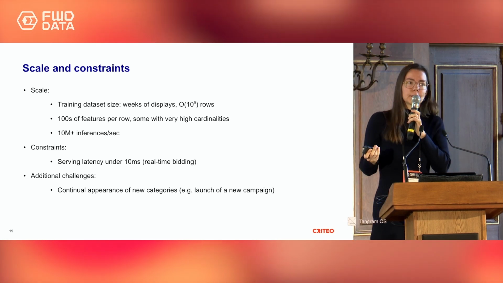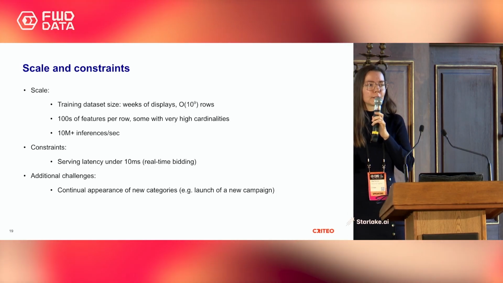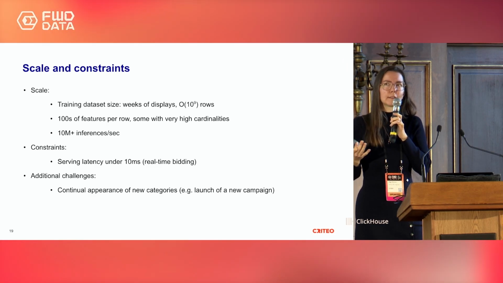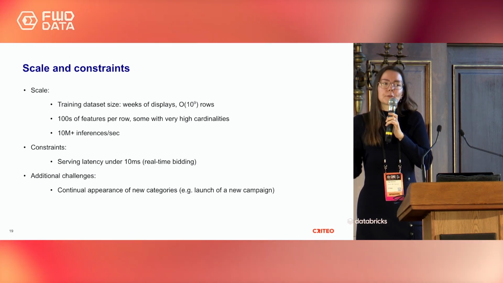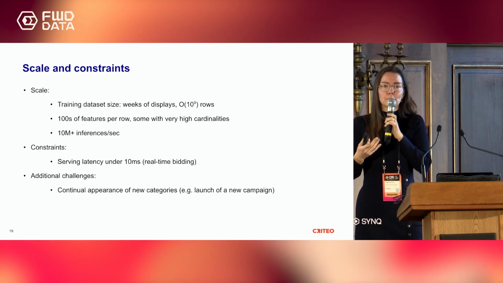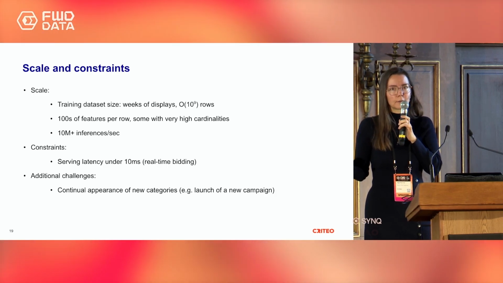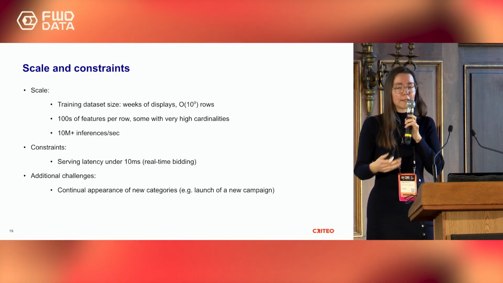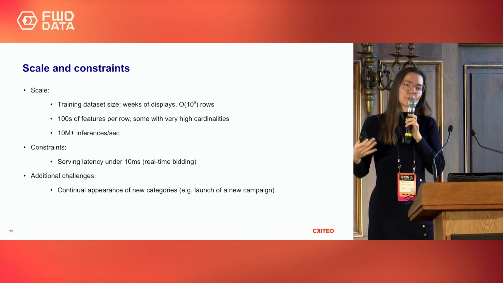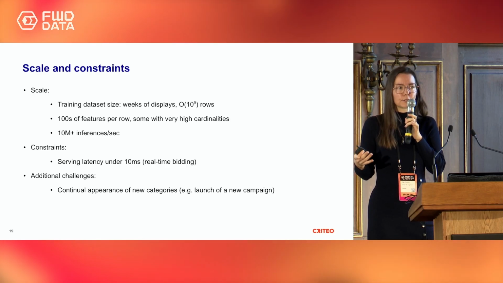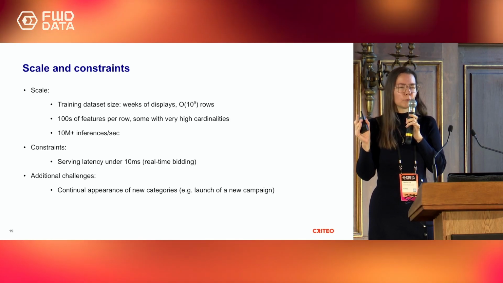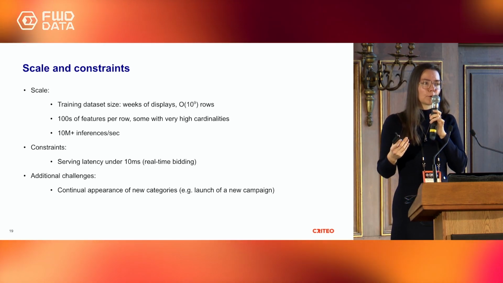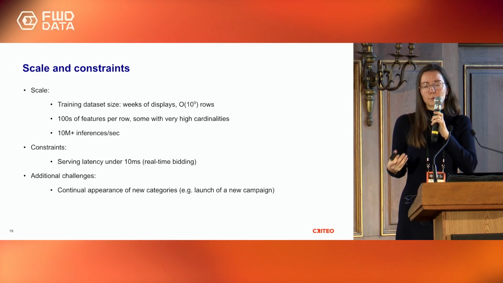Some additional challenges are the fact that it's not like you train the model and you're all set for the months to come, because as I mentioned, say the URL of the publisher is one of the features. There are different websites appearing all the time, so those modalities don't show up in your categorical data that you trained on, so you have to retrain the model. Then you launch a new campaign, that's another modality. If you don't retrain the model, all of those new modalities will just show up as kind of rare or unknown, which is not very useful. So the performance of the model is going to deteriorate pretty fast unless you retrain.